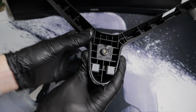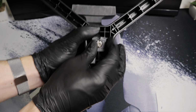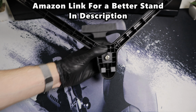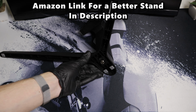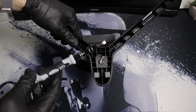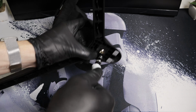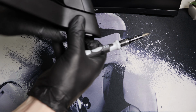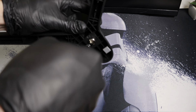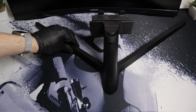It's basically really sad that this stand is not really adjustable like the Samsung Odyssey G3 was back in 2021. But hey, it's probably a new model, and companies have been kind of neglecting the stand lately. But yeah, you basically just use this extra Phillips screwdriver and tighten this up a little bit just to make sure it's secured. That's what I did, at least, because I do not want this stand falling off the monitor when it's standing on my desk. The stand doesn't really feel that cheap, but